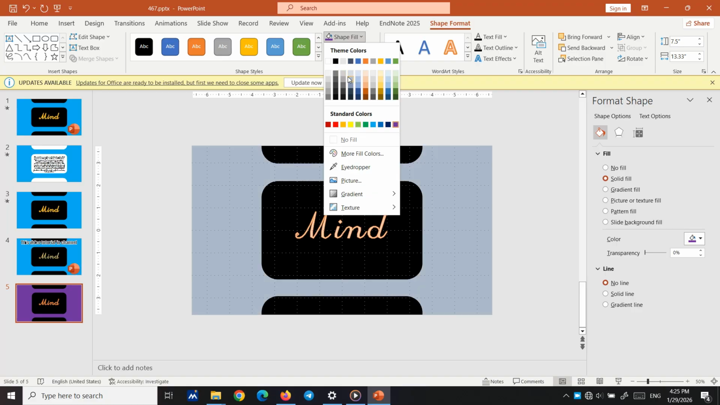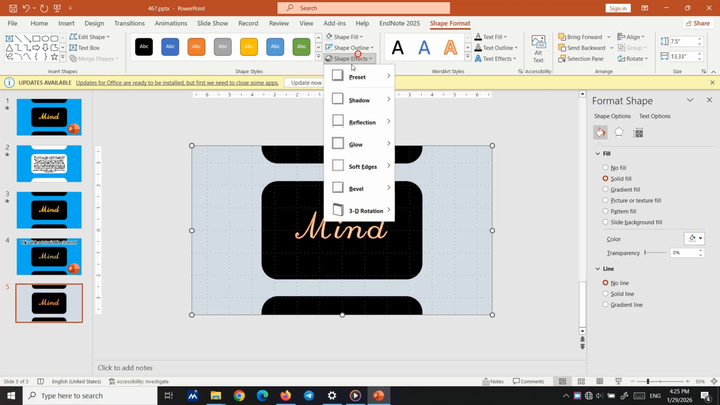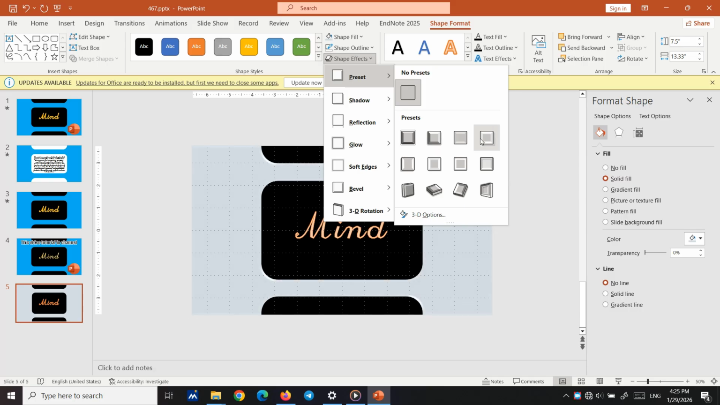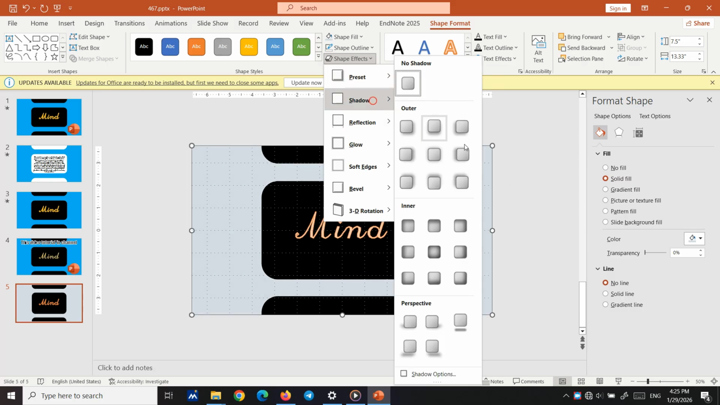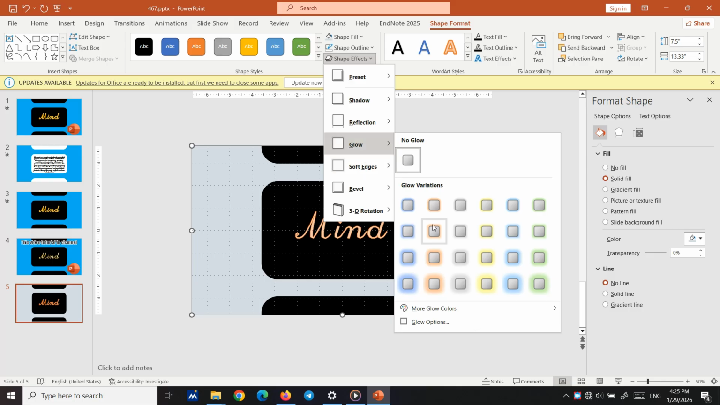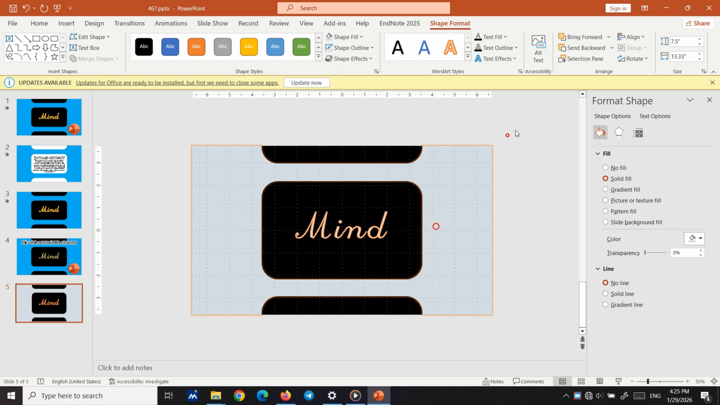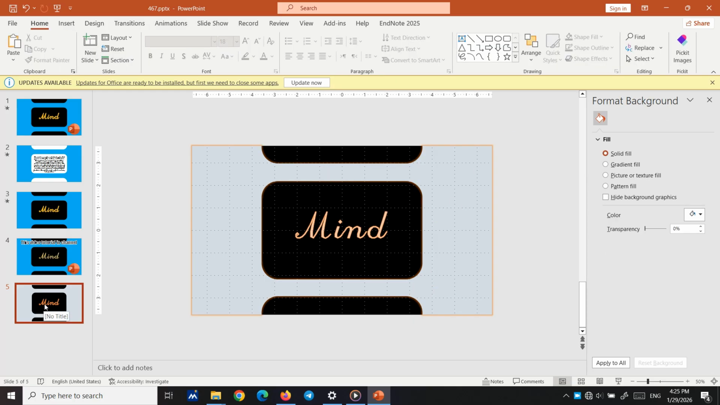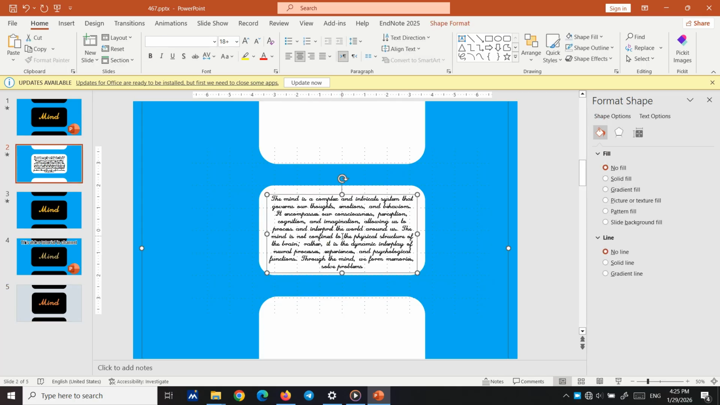I tell you something light is going to look better, and the shape effect is up to you, but sometimes a little shadow or reflection or glow, it's up to you. I think a little glow is going to look nice, and copy that. But before copying that, you need this text, and copy this text,